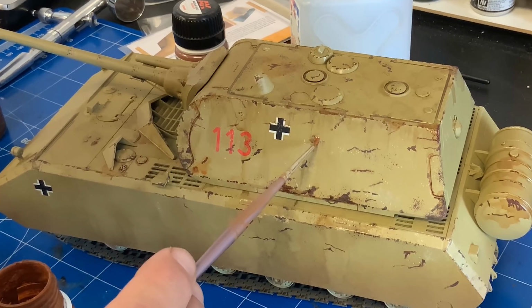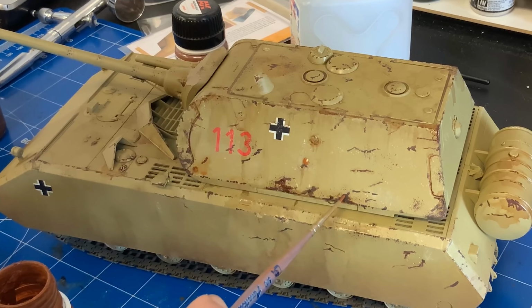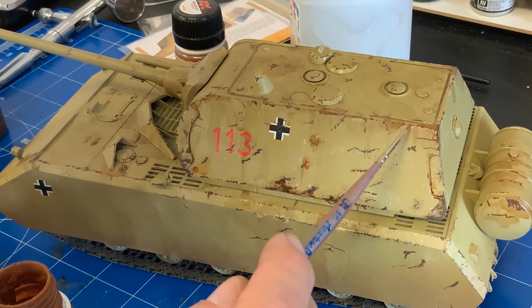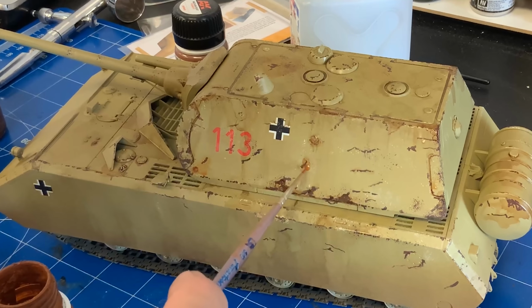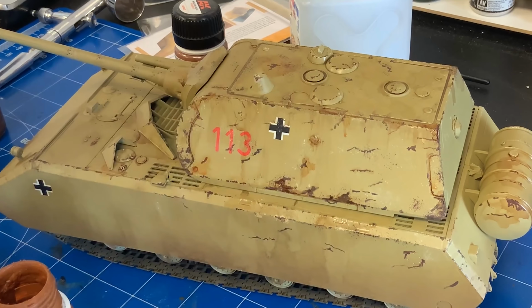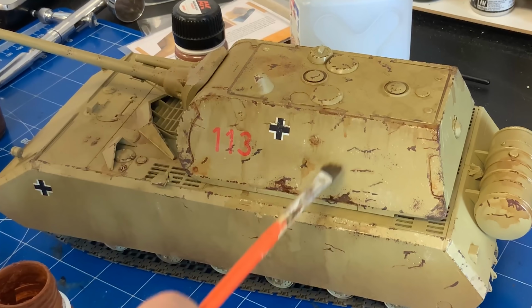And once again, we're doing the same type of technique now with the lighter rust. I'm going to do a few different areas here. We're going to have a little bit of the lighter rust in the middle of the darker, and the lighter rust, of course, will be a fresher rust. Not going to go too heavy on that, but we do want to put some more of that reddish staining on here. And then we can just pull down